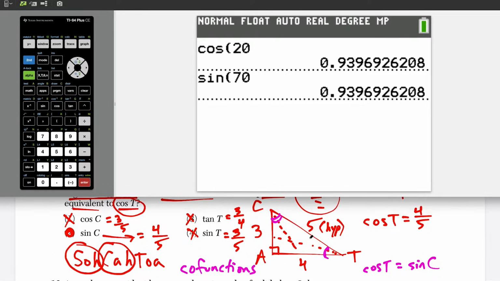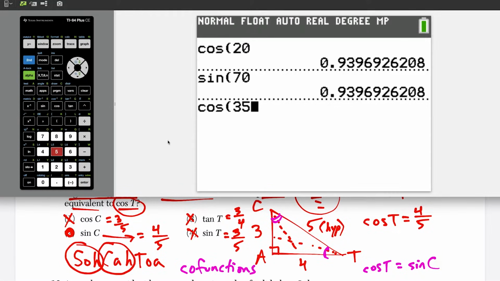So that's the idea behind this question once again, that C and T, these two angles over here, are complementary because we already have 90 degrees. So there's 90 degrees missing between those two angles. So those two angles have to add up to 90. So they are complementary. Because once again, cosine and sine are cofunctions that if I pick out random angles, like